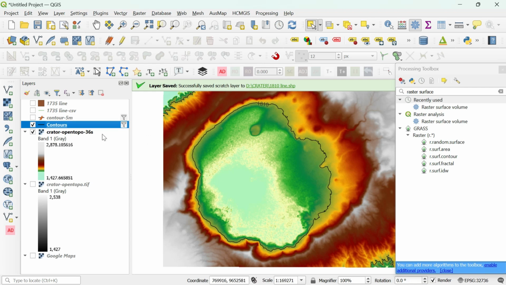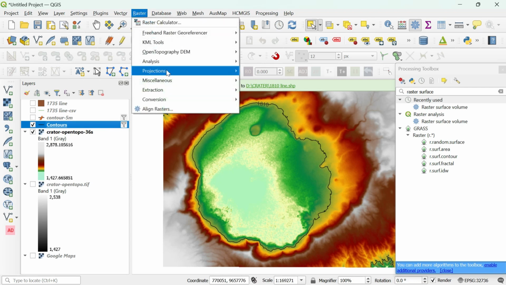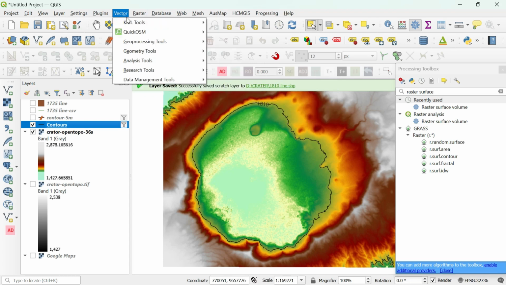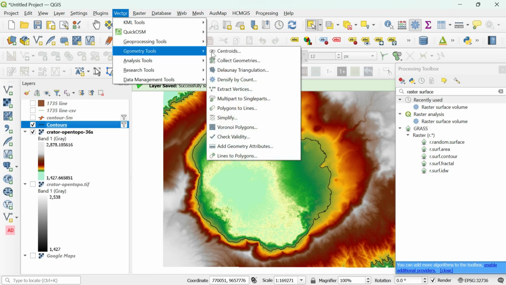Okay, it's okay. Then we have to go in raster, extraction, clip raster by mask layer. We create the polygon first, again I forgot, go to vector, geometry and line to polygon.